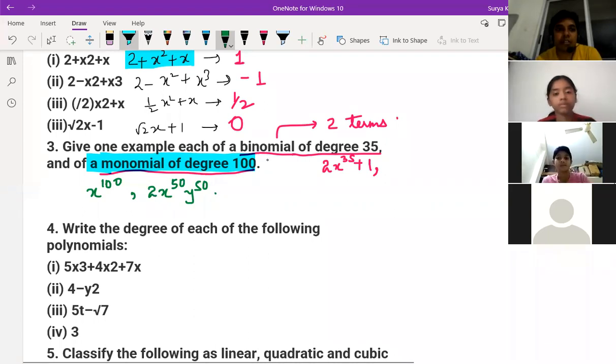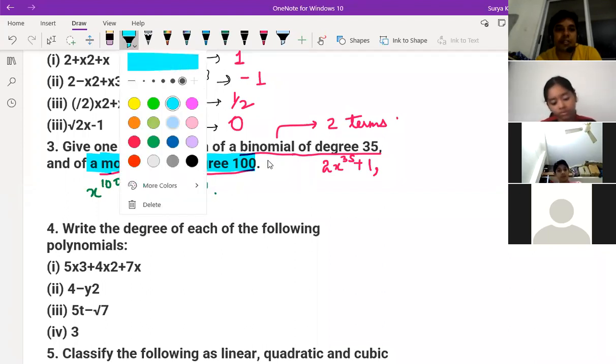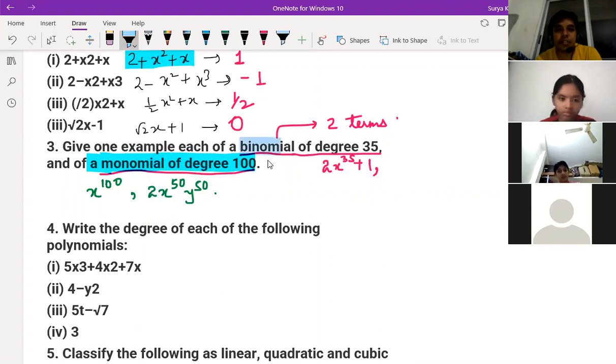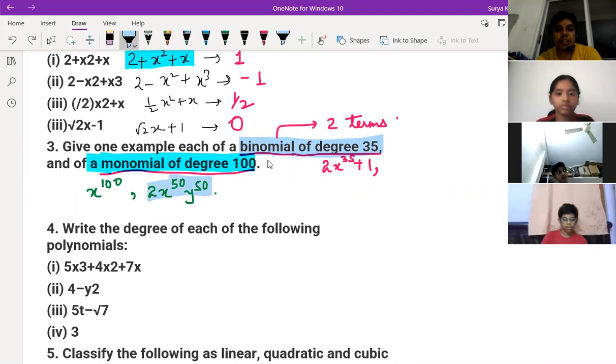Satvik, can you hear now? Yes, sir. Sir, we can't put more than 3 terms, right? I mean variables. Monomial means only one term, right? Yes, sir. So how many terms are there? Only one term, right? This is one term completely. Two variables are there, that's fine. But monomial means having only one term.